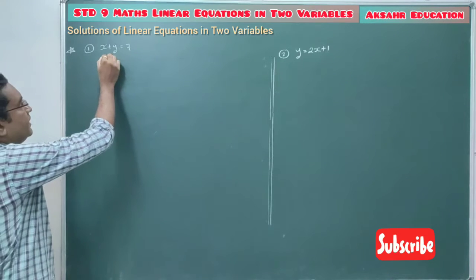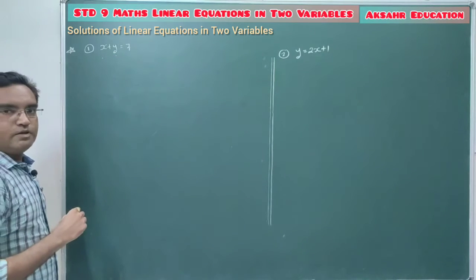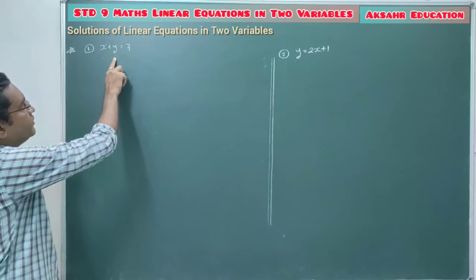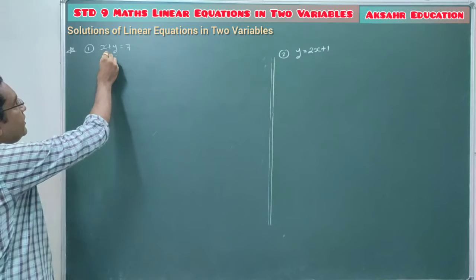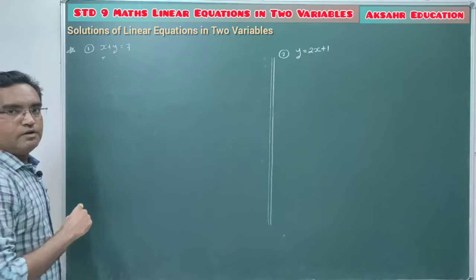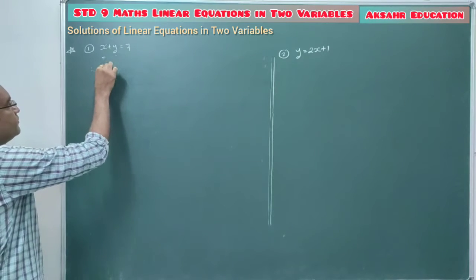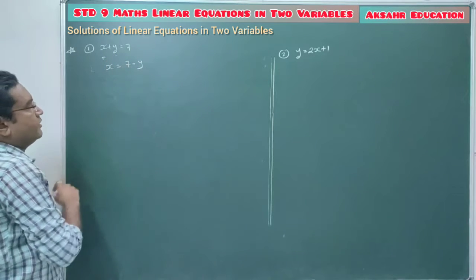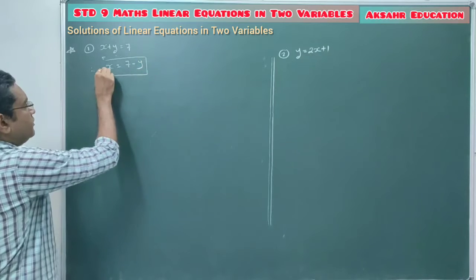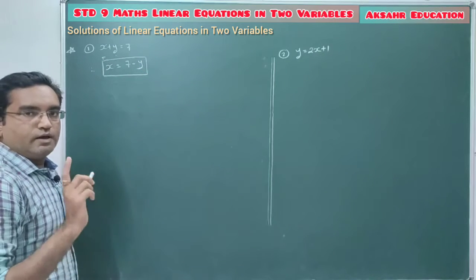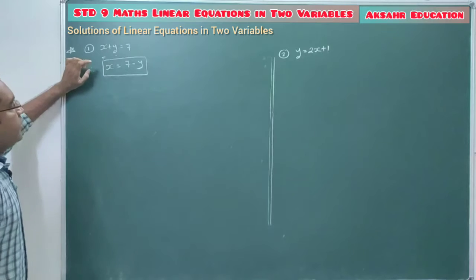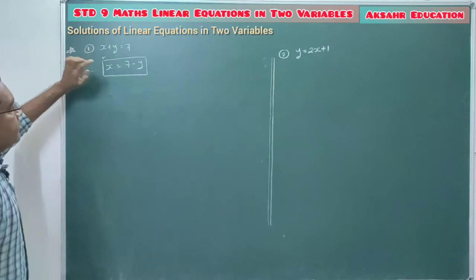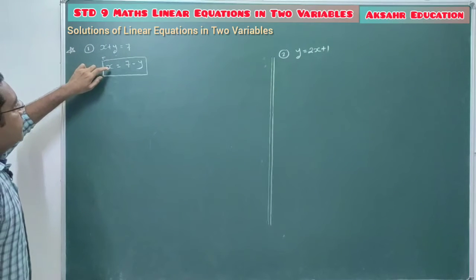So here we are writing this equation in the form of either one of the variables. You can write the equation in the form of variable x, or you can write it in the form of variable y. Here we are writing this given equation in the form of variable x. So this equation is x equals 7 minus y. This plus y will become minus y. So this is the first step, in which you have to write the given equation in the form of any one variable. You can also write this equation in the form of variable y. Done? Here we have selected variable x, and that's why we have written the equation in the form of variable x.